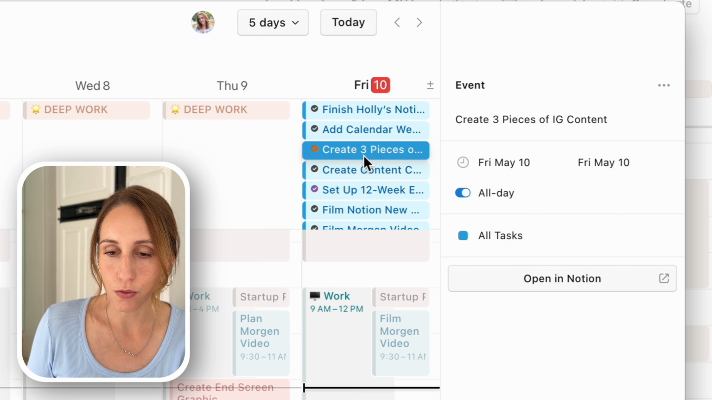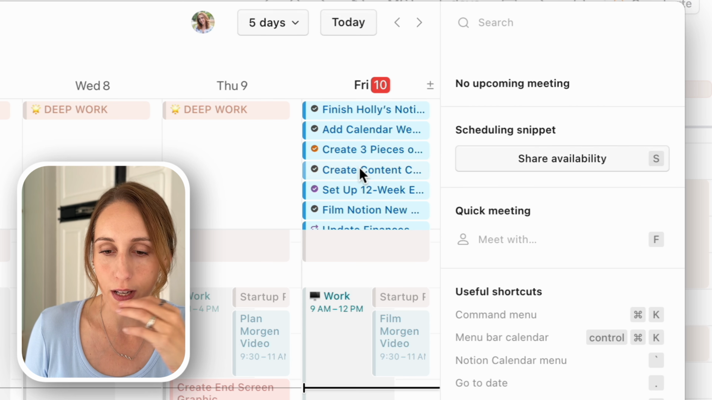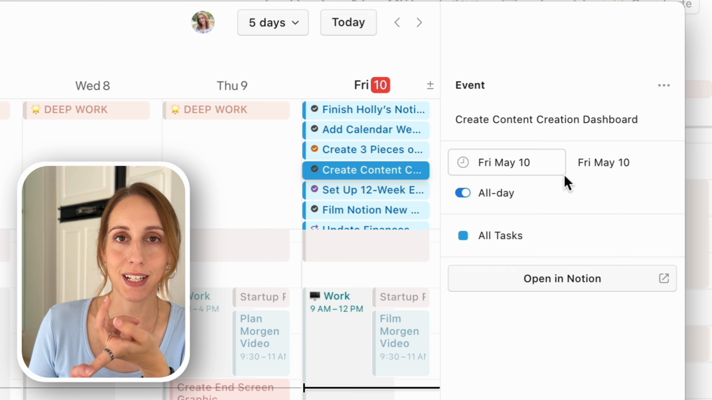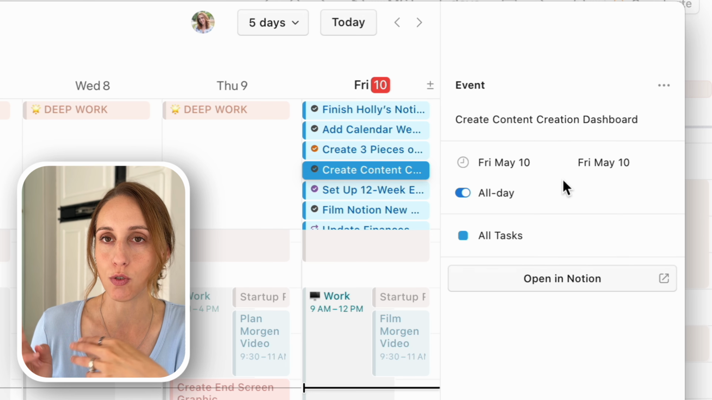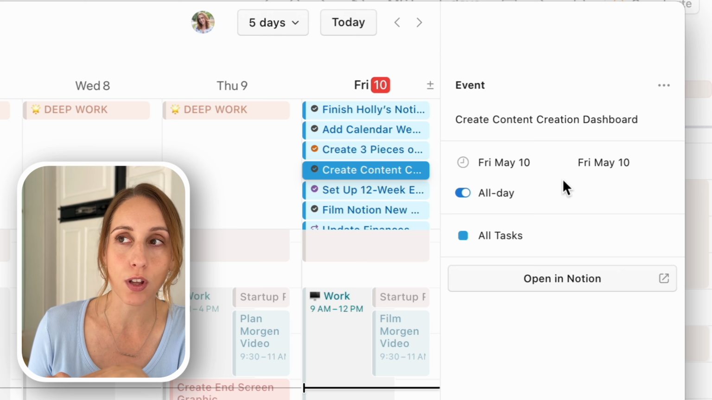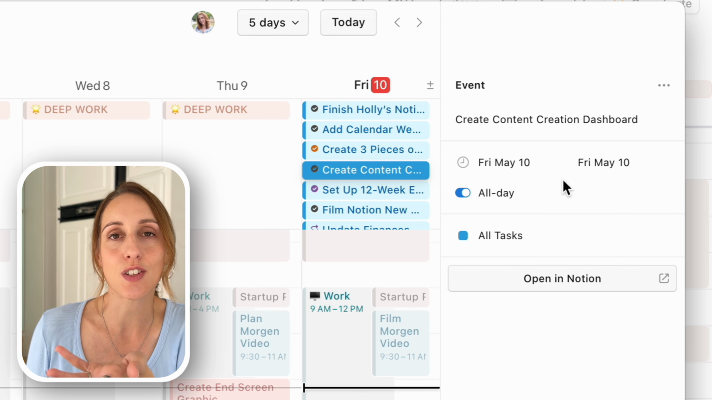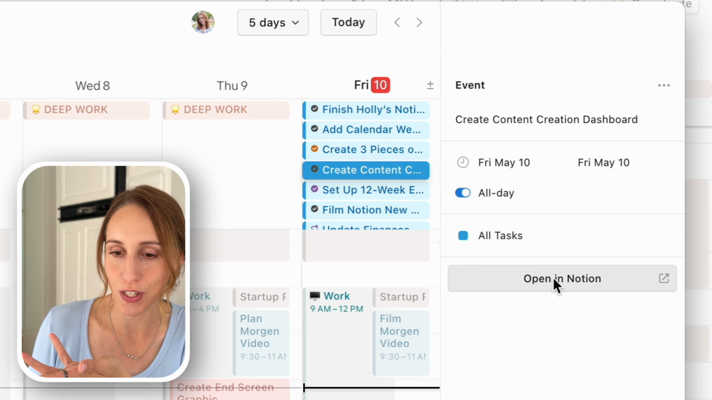Confirm, there we go. The last thing about tasks, and one of the major differences between Morgen and Notion Calendar that I actually like for Morgen more, is in Notion Calendar, when I click on create content creation dashboard, or any one of these tasks, I have no context for that task. I have only when it's due and the name of the task. I don't know the priority level. I don't know the energy level. I don't know what category it's from. I can't see any of that until I click this open in Notion button, which is like, I should be